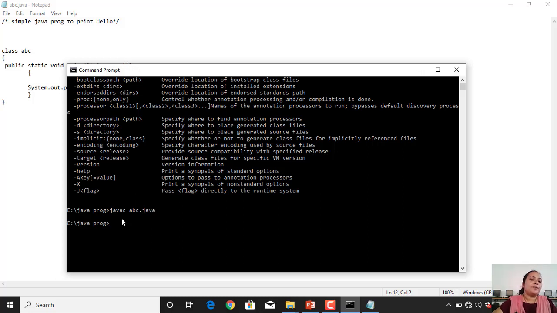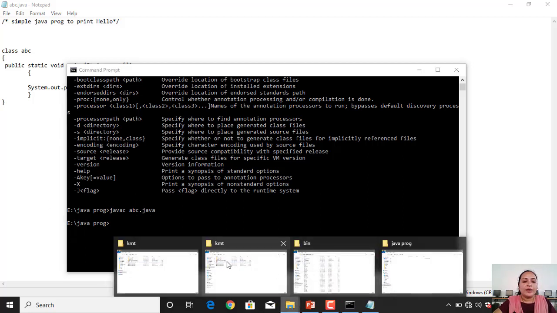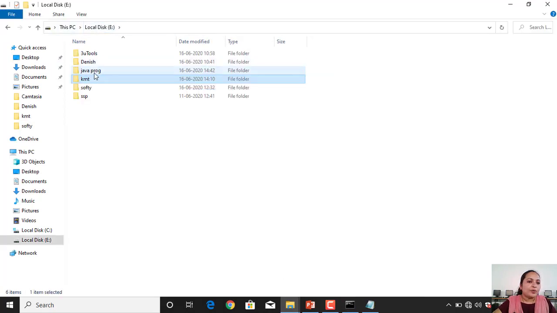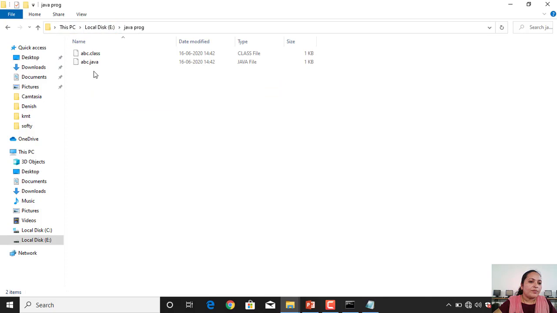If your program compiles successfully, it doesn't show any kind of error. Now to interpret, if your program compiles successfully, it will create another file abc.class file. Now to see the file, just go to your E drive where your program saves Java program, where you can find two files.